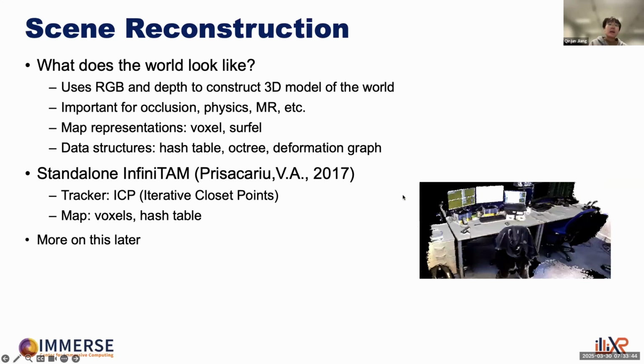All right. Then the next component of the perception pipeline is scene reconstruction. So as in head tracking, we are answering the question of where am I in the world? The scene reconstruction component is really answering the question of what does the world around me look like? Right. And this is important, especially for MR and AR, where you can actually interact with the physical world.